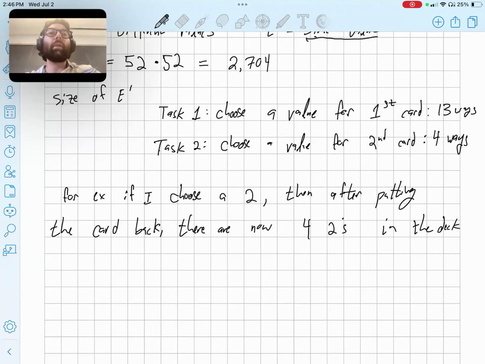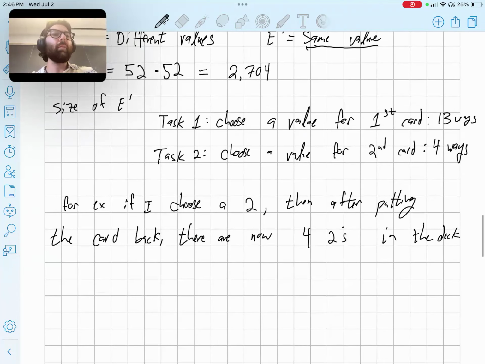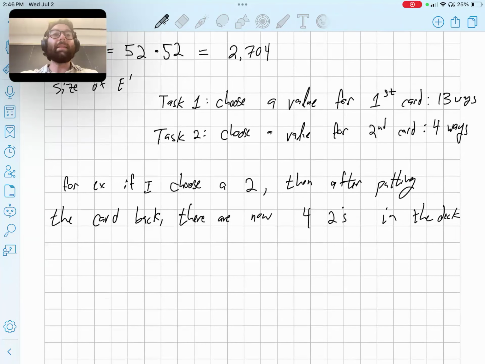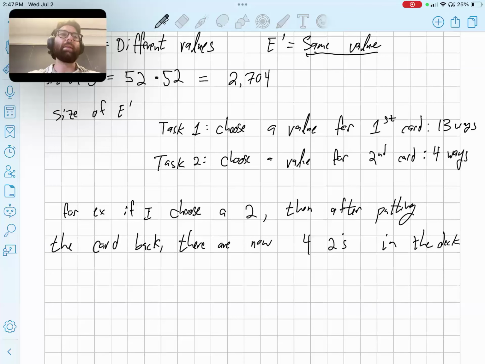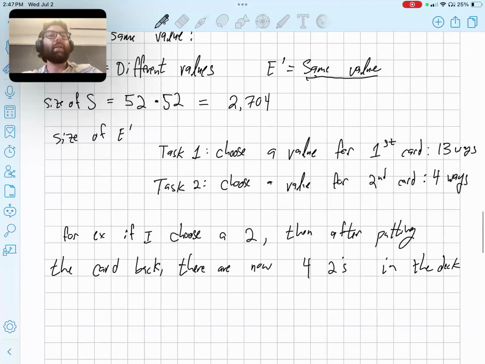I can choose any of those 4 2s, but I could choose the exact same one. It doesn't have to be the same suit. And so there's 4 ways to choose the same value, right? Because there's 4 of those values in the deck. And so the size of E prime is 13 times 4,